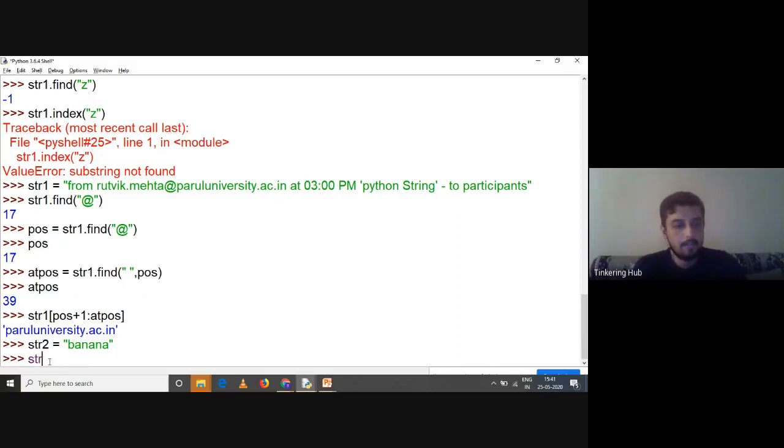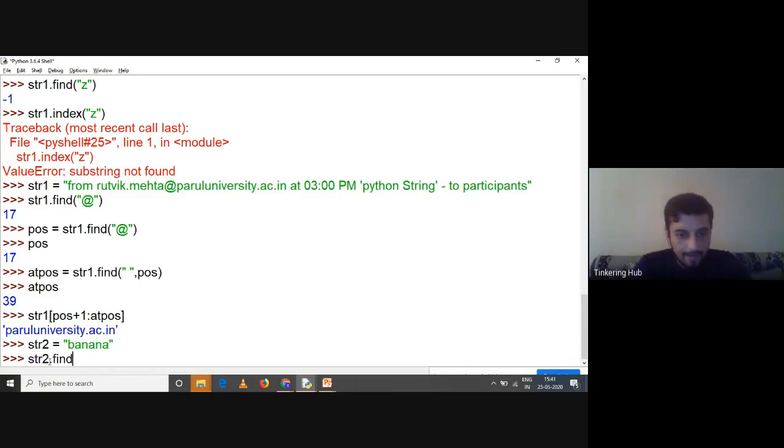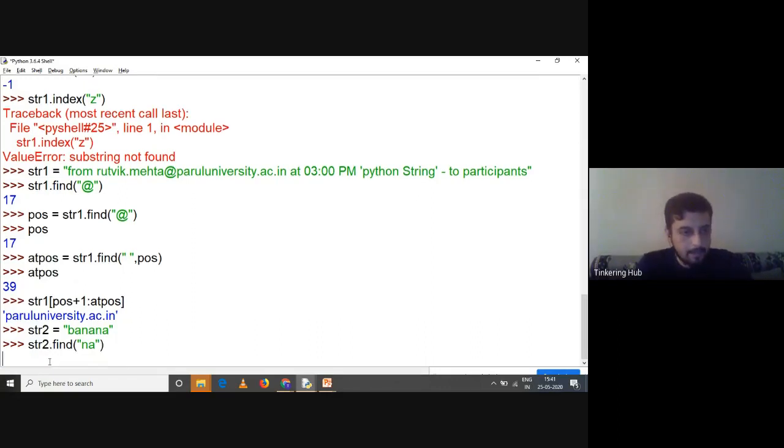So I can call it like this: str2.find and look for a sequence called NA, right? That is giving you 2.